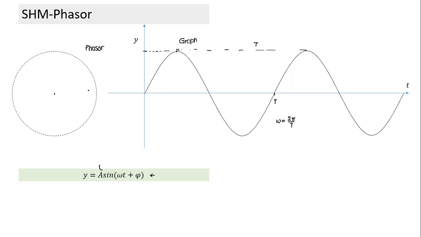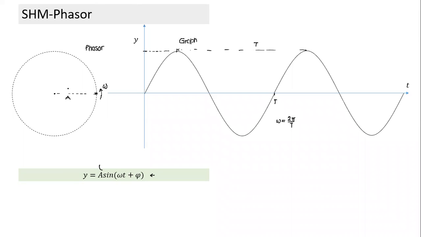Similarly, if a particle undergoes uniform circular motion in a circle of radius equal to A, what is the radius of the circle? Same as the amplitude. So if I draw a circle of radius A, and the particle starts moving, typically we take starting from here anti-clockwise, with angular velocity omega. Its projection on the y-axis, or y-coordinate, will always match the position of a particle undergoing SHM. That's why I sent you a link last time.